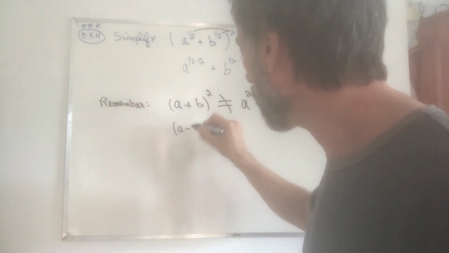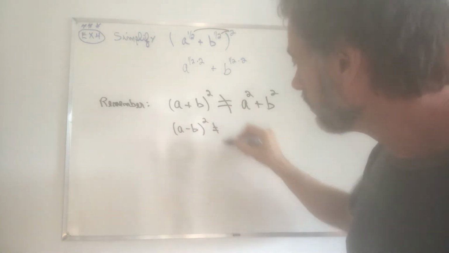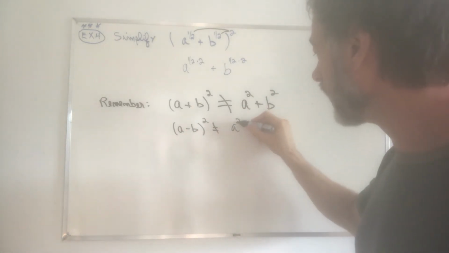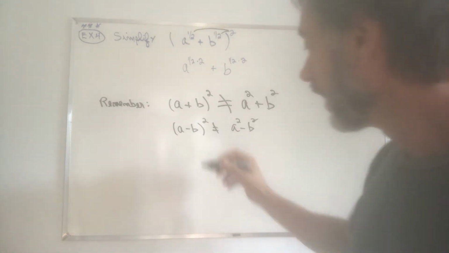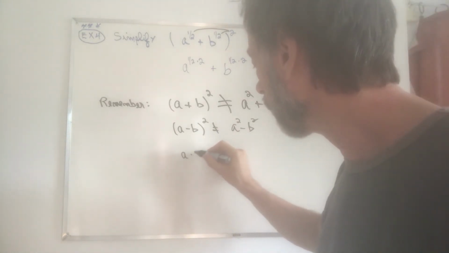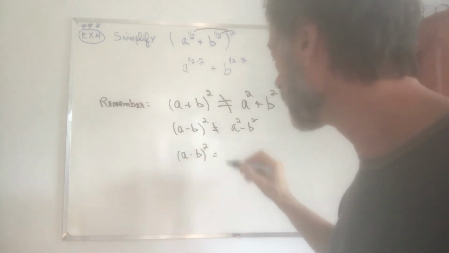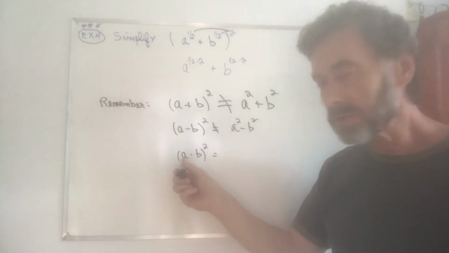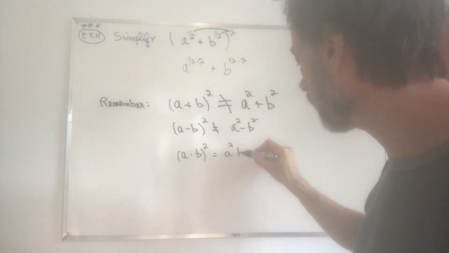And what I just said holds true as well if there is a minus between those guys. This is never a squared minus b squared. Okay? Now, if there were a multiplication, well, that's the rule of exponent we saw. That's where you can actually distribute the 2 to both if it's a multiplication,